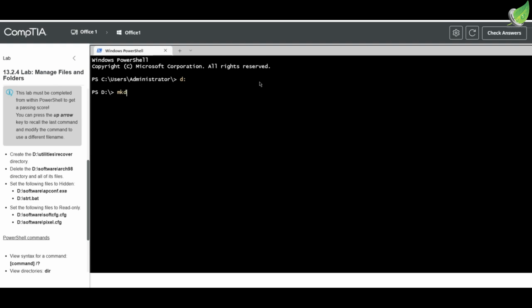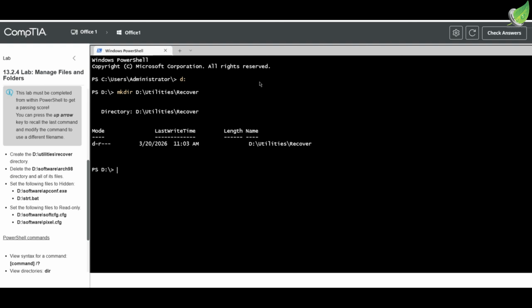Then you go ahead and type in mkdir d: /utilities /recover. You press enter, and then we have